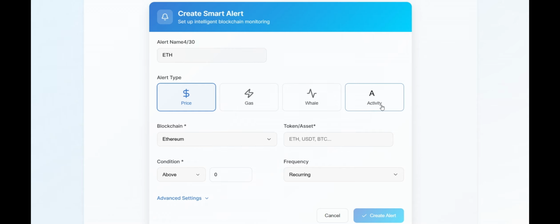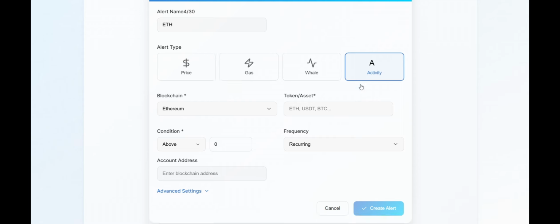These two alerts only happen when a particular event is triggered. For example, the whale alert system will trigger when a whale does huge transactions over the chain, and the activity alert will only trigger whenever I perform any activity. Like, when I choose activity alert, it will ask me my account address. So whenever I perform any activity on my wallet address, this alert will be triggered.